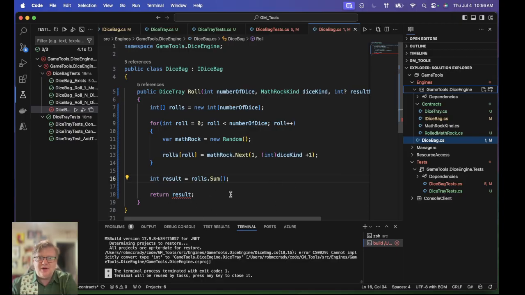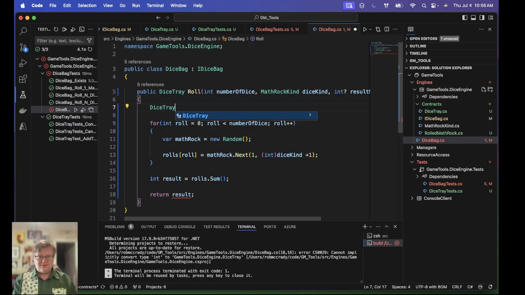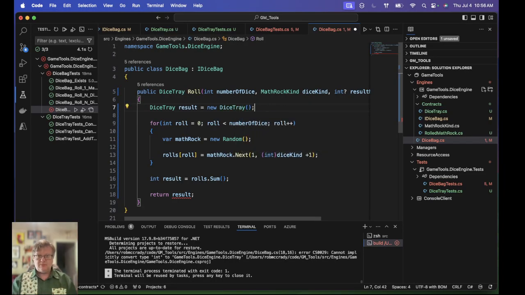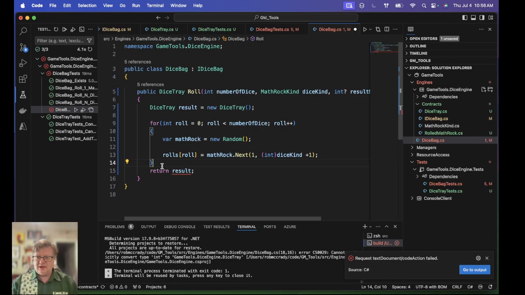It's not a DiceTray. So instead of messing around with this array here, let's say DiceTray result equals new DiceTray. We can get rid of that int result equals rolls.Sum because that's not right. Why is result still reporting wrong? Because the inline compiler,